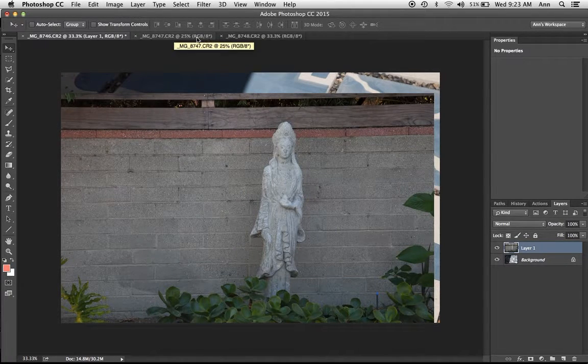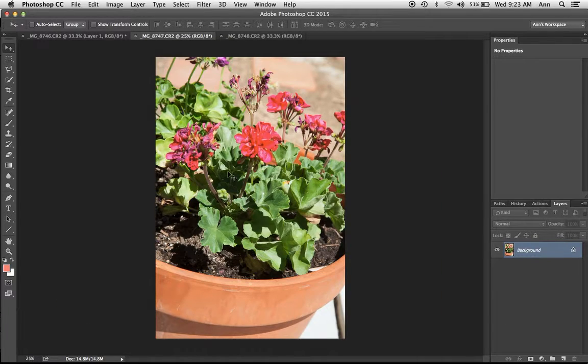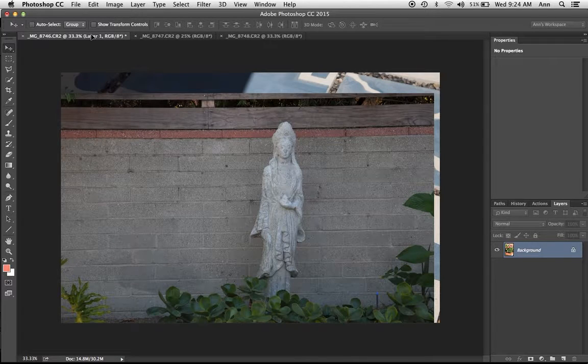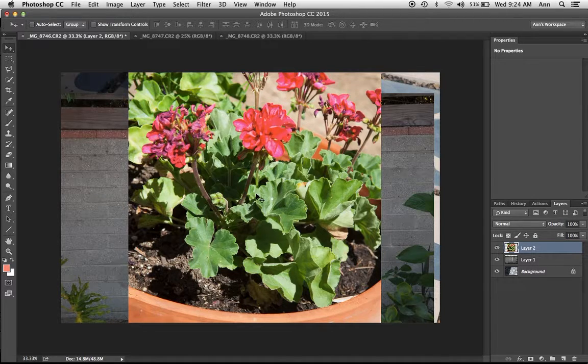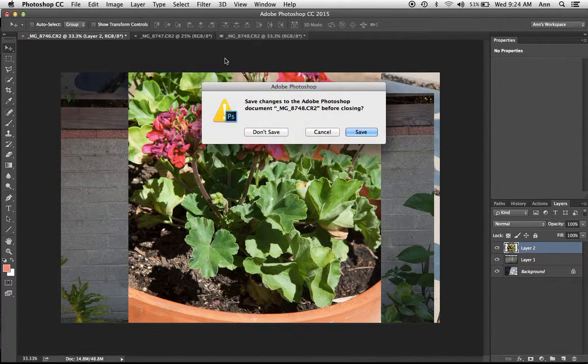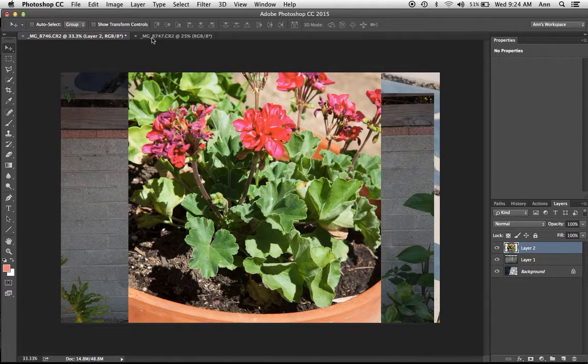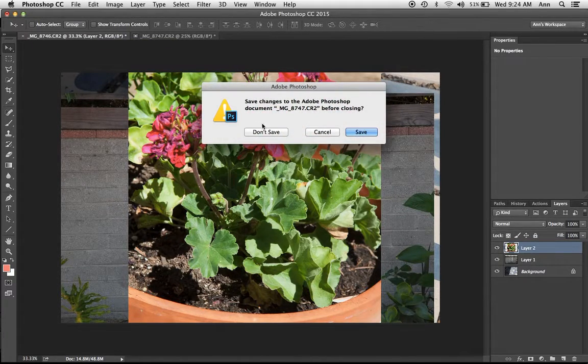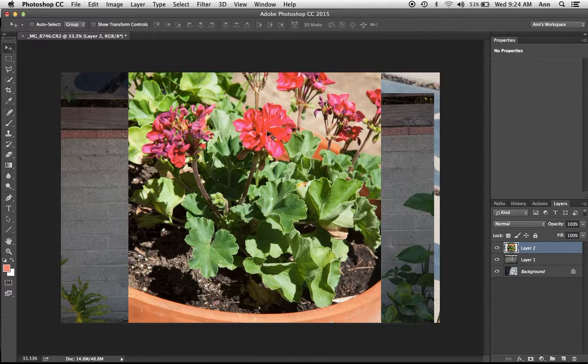Okay, so I've just added, and you can see over here on the layers palette, I now have 2. Now I'm going to click on the next image, press and drag with the Move tool up to that tab of the first image and let go. And now all 3 of these images are open in the same file. I usually like to then go and close the other images. You'll notice they're asking you, do you want to save, because you did take them through Camera Raw. I don't want to save.